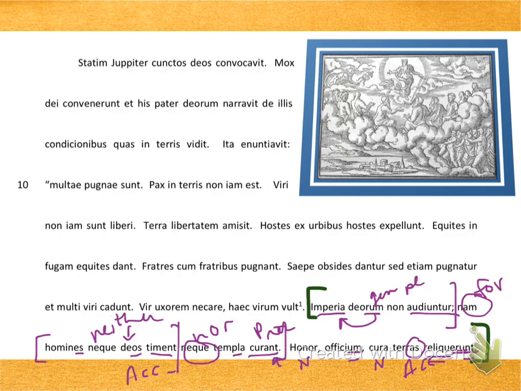This is also a really great place to translate the perfect tense using the helping verb have. These three things have left, have abandoned the terras. Makes it much more powerful than if we just say left or abandoned, because it gives the weight of saying that it started in the past and it continues up until the moment that we are talking about when we say have left or have abandoned.